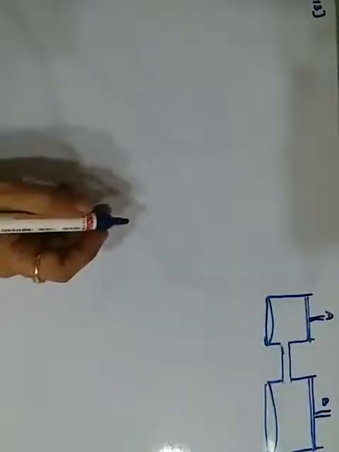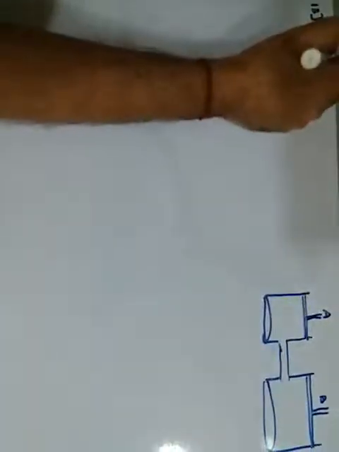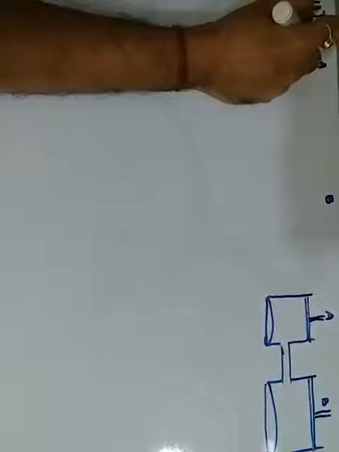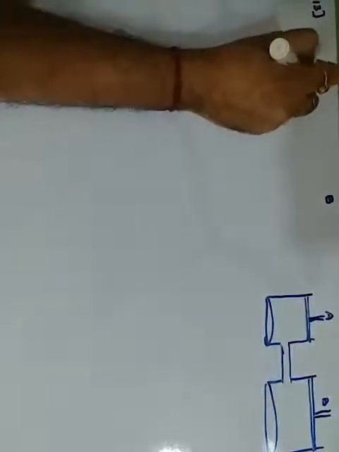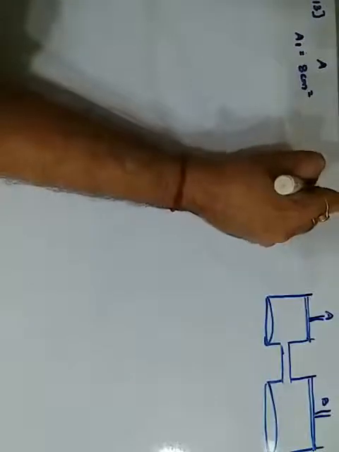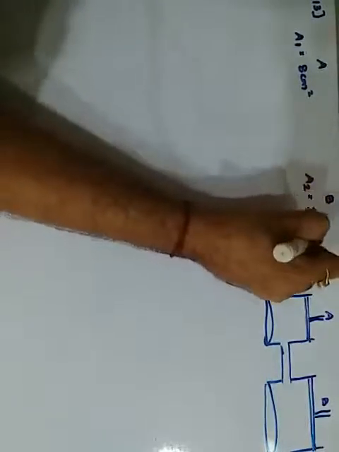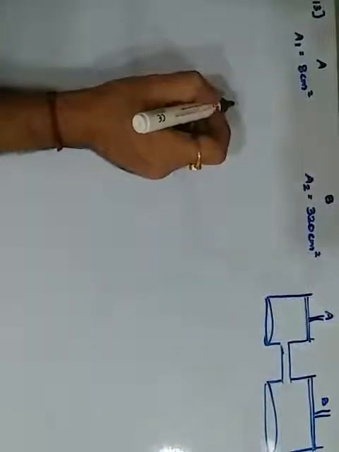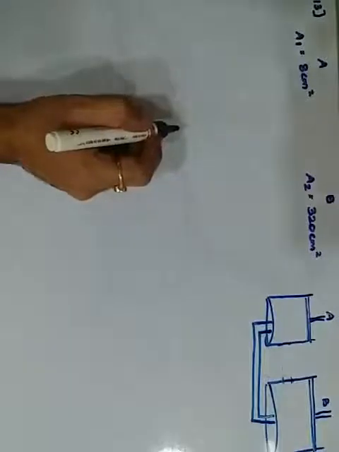Okay, उसमें बोला है area of the cross section, मतलब one is smaller and the other is bigger, so I call it as A and this is B. So for piston A, the area A1 is 8 centimeter square and the area for the piston B is 320 centimeter square respectively, are joined at the bottom by a tube, and they are completely filled with water. Okay, मतलब ये यहाँ पर नहीं है connection, connection will be from the bottom. इस तरह से connection को कर देते हैं. Okay, now filled with water.